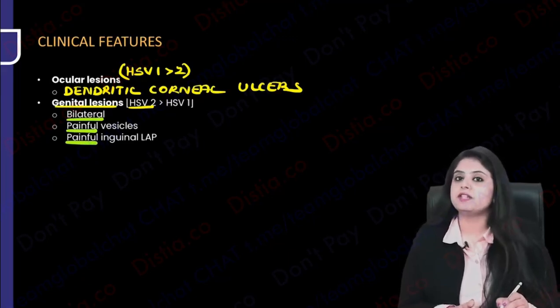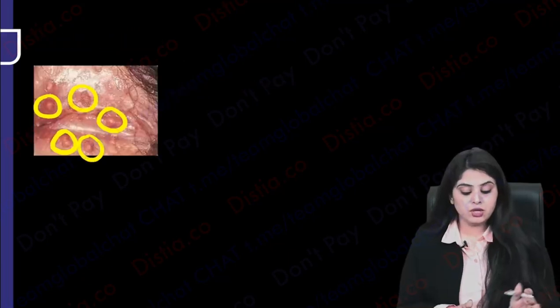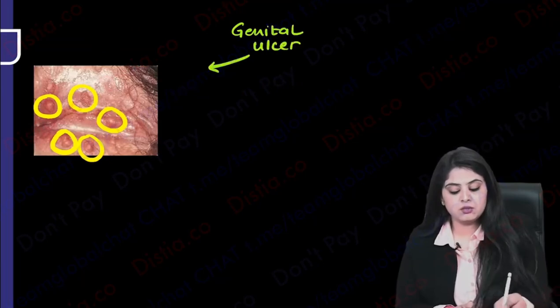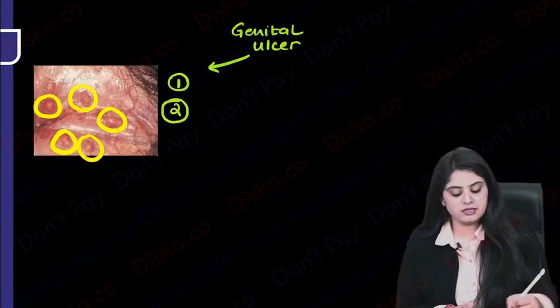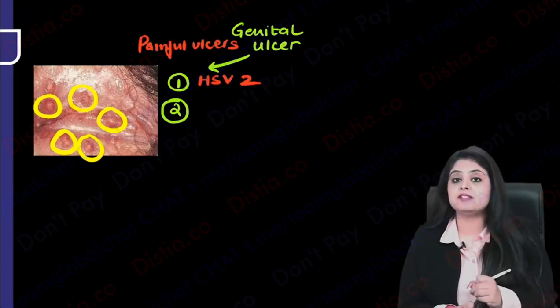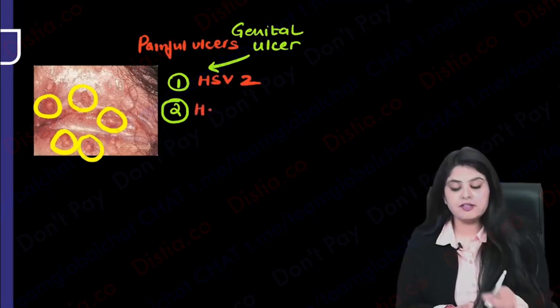By now, you have finished bacteriology. You know what are all the genital ulcers which are going to be painful. Can you quickly give me a history, a quick 1, 2? There are just 2 genital ulcers which are going to come with a lot of pain. Painful ulcers. The first one is in front of you, that is herpes simplex virus 2. And what was the other one? Where in bacteriology? Haemophilus ducreyi.